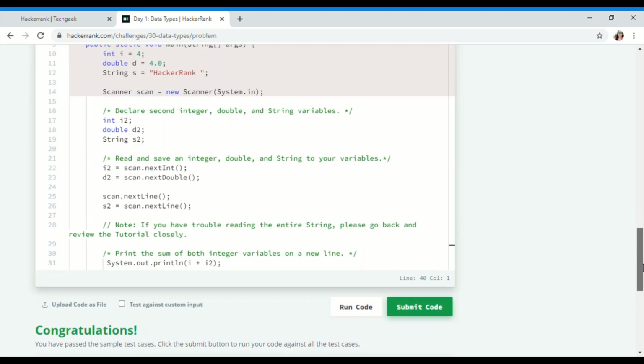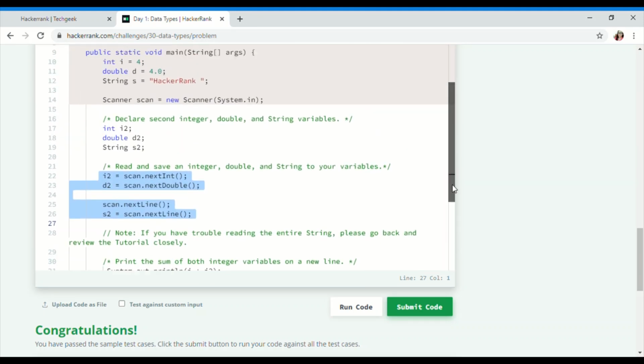You must have the knowledge of declaration and accepting input, and if you have it, then you can do it